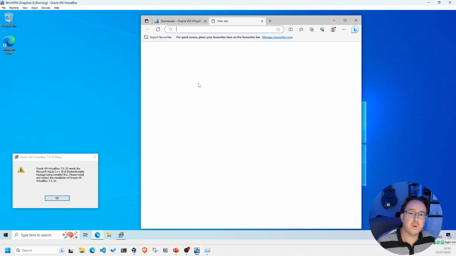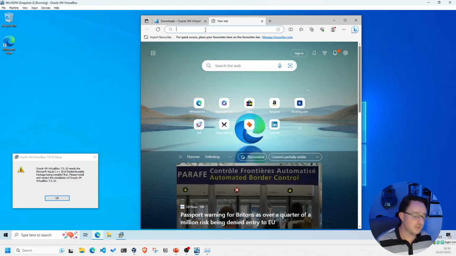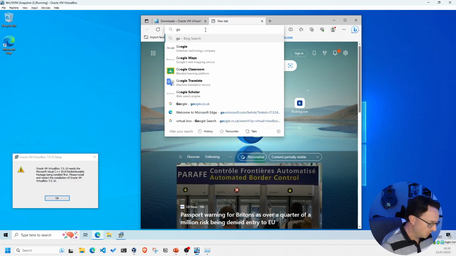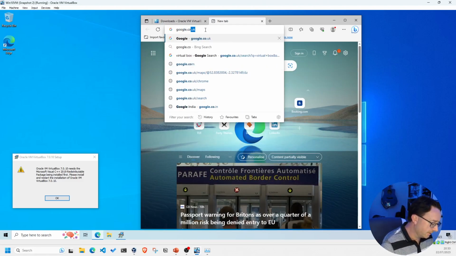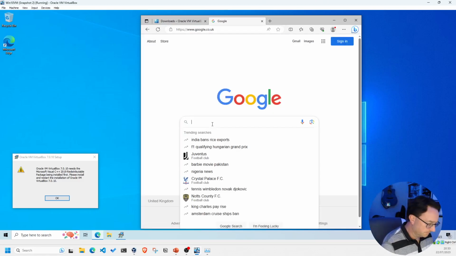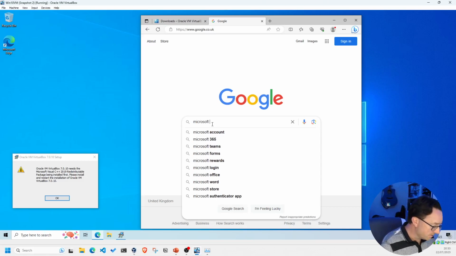So we need that software. How do you get software? Reject all on the privacy policies. Google. So what do we want? Bearing in mind, lots of people use VirtualBox, so this is going to be searched quite a bit. So we want Microsoft. Did I spell that right? Yeah. Microsoft